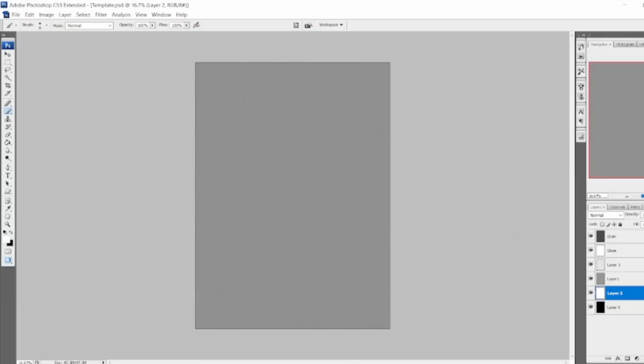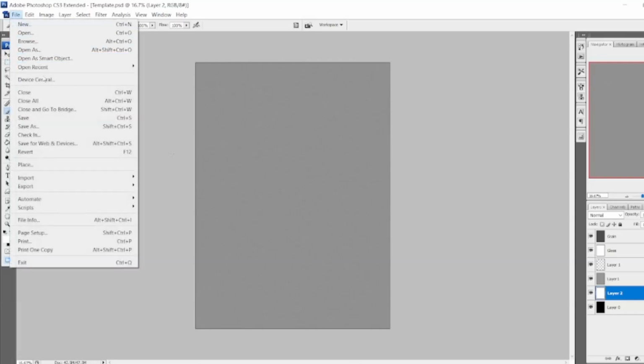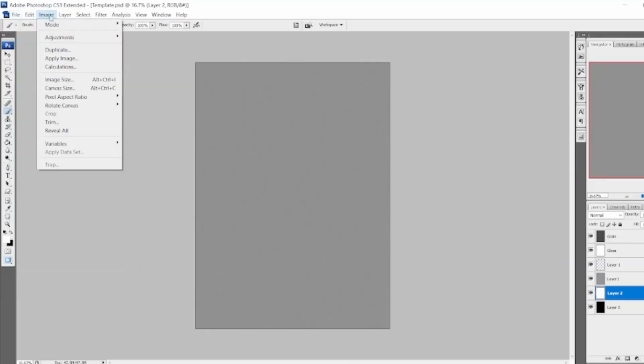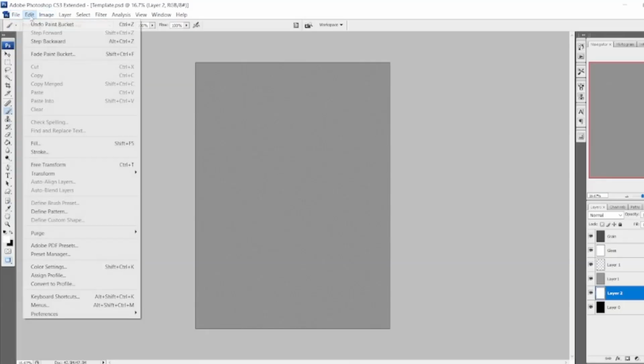I don't plan on doing a full rendered piece, but I'm going to go through first my window here, my template, my format. So if you can see here, I'm using Adobe Photoshop CS3 Extended. This program came out in 2007, so it's not online. There's no online plugins. It's not a subscription service. It's just good old offline CS3. So as you can see here, here's my entire file setup, image, all this stuff, edit. If you noticed, there's no